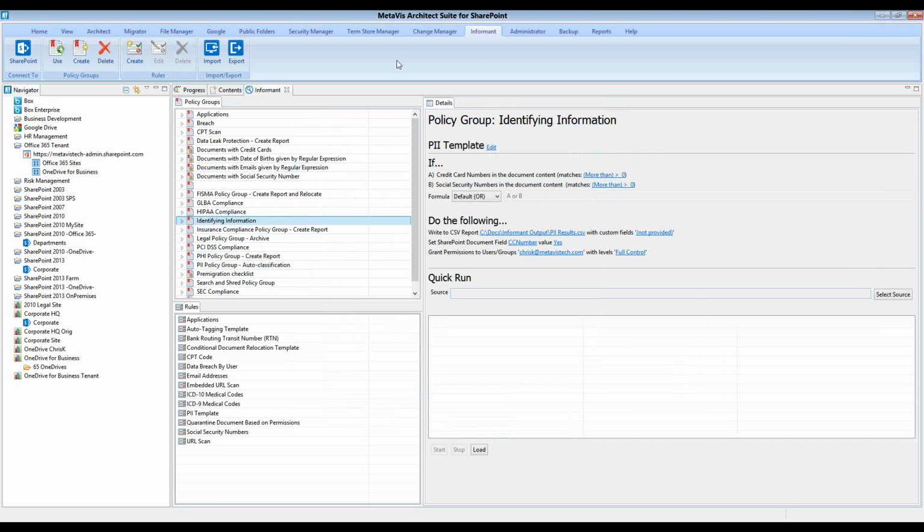So some other questions are: do you have any connectors for fast search, which we have on premise? So MetaVis doesn't really do anything with fast. What we do is when we put things into SharePoint or OneDrive, fast can be set up to scan those locations. Chris, I don't know if fast is automatically connected with an on-premise connector with OneDrive. Do you know that? I don't believe it does yet. Okay. I think that's in their roadmap for Microsoft. Yeah, I can't imagine that won't be supported to be able to include that as a data source, but